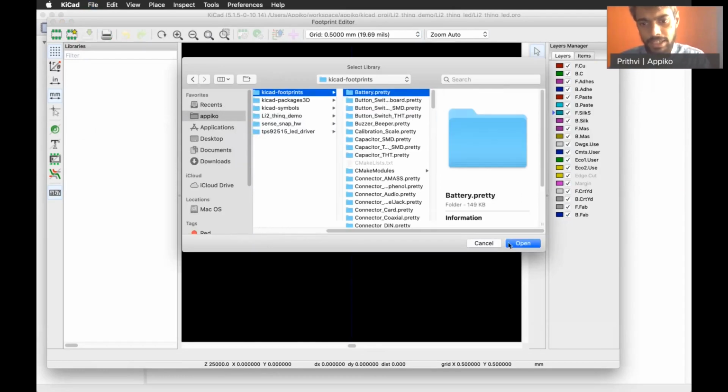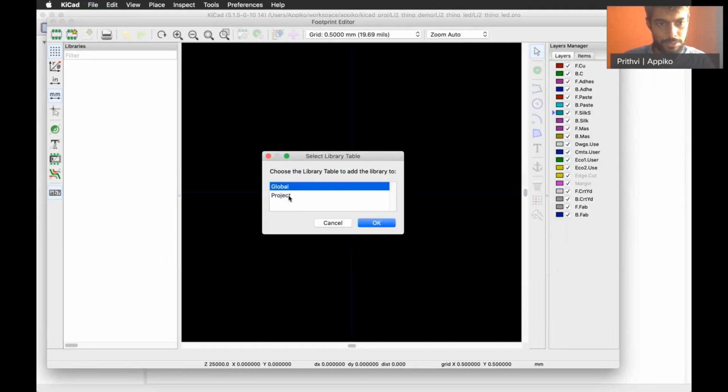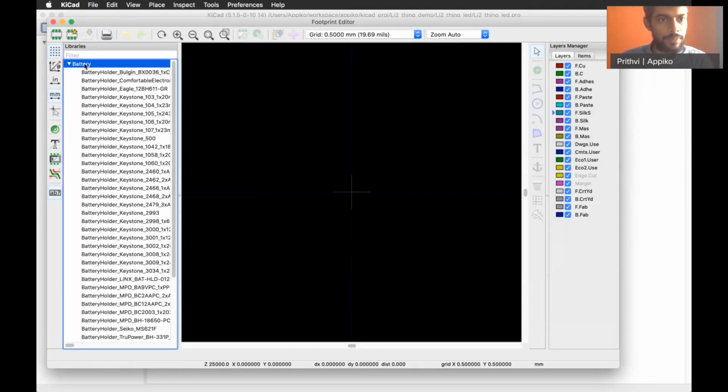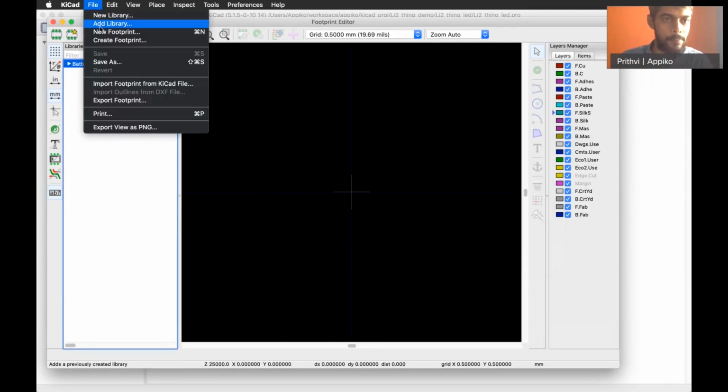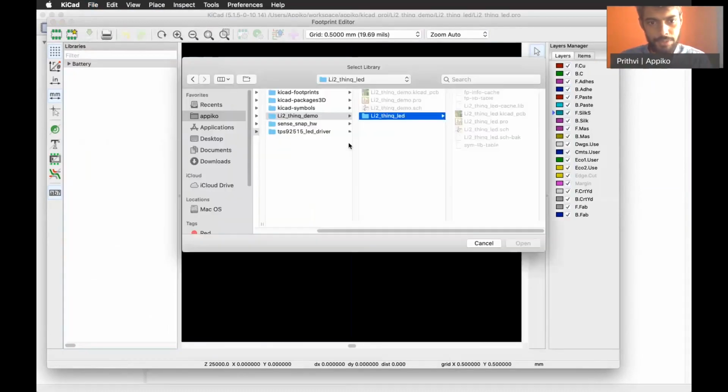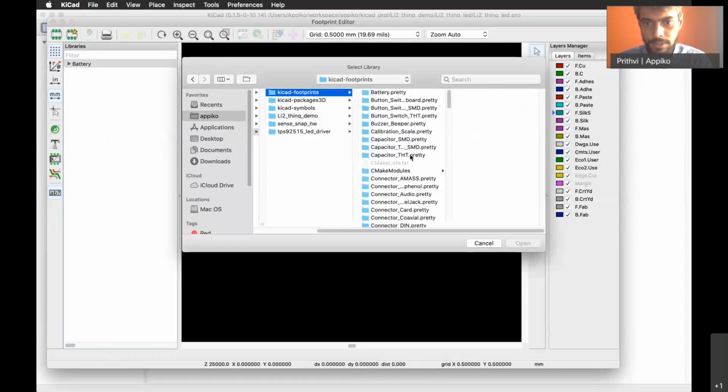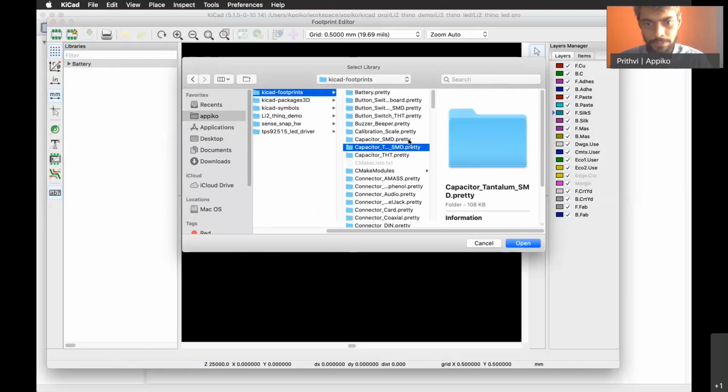We will need the battery footprints added to the project. We need the capacitor SMD, we'll use SMD.